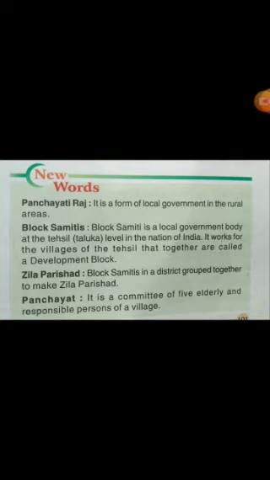Village panchayats may be able to run primary schools in their villages, but no single village may be able to run a senior secondary school alone. For this, a number of villages shall have to join hands. So, for bigger common problems or projects, several neighboring villages are grouped together to form a block samiti. The block samiti is the second tier of the Panchayati Raj system. The block samiti looks after the common needs and problems of the villages in a block or tahsil.